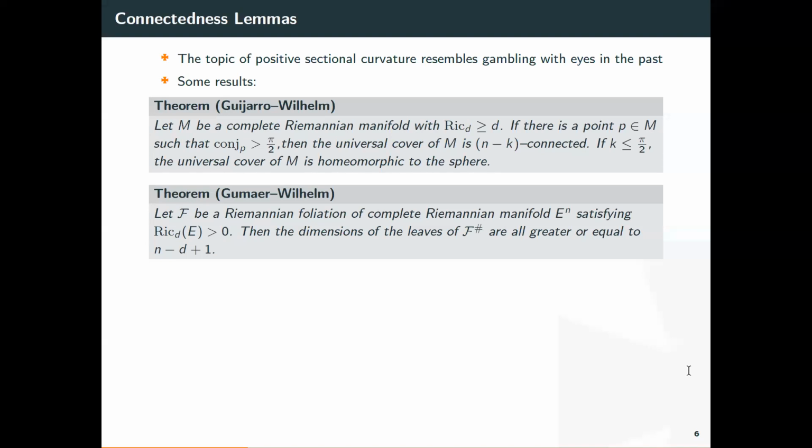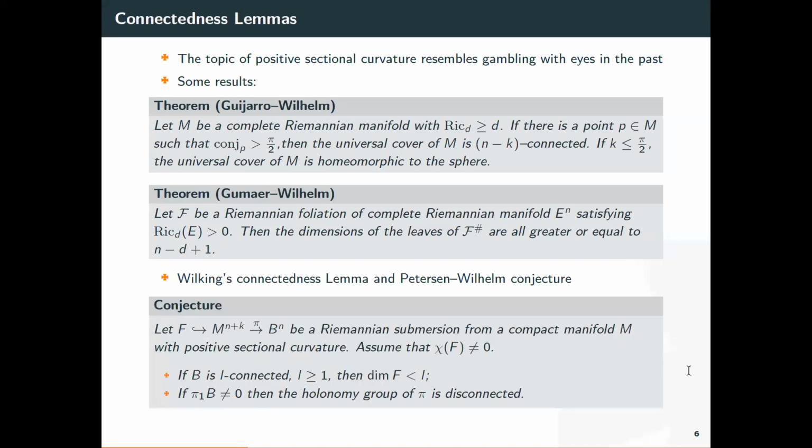But it also holds when you have positive vertical curvature. That's a result of Esperanza, but it doesn't really matter to us here, though it does somehow, because we are more or less tempted to conjecture the following. I think that this is true. I have some partial answers about it, but the point is that this conjecture relies very much on Ricci intermediate curvatures. And a very famous problem on positive curvature is that a Riemannian submersion from a positively curved manifold necessarily has a base with dimension greater than the dimension of the fiber.